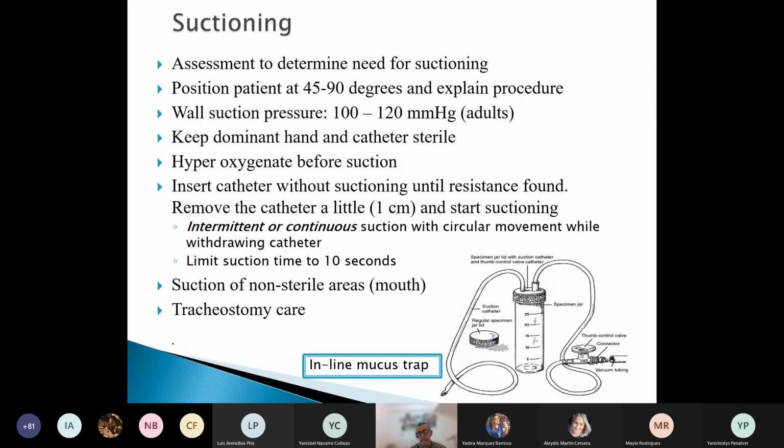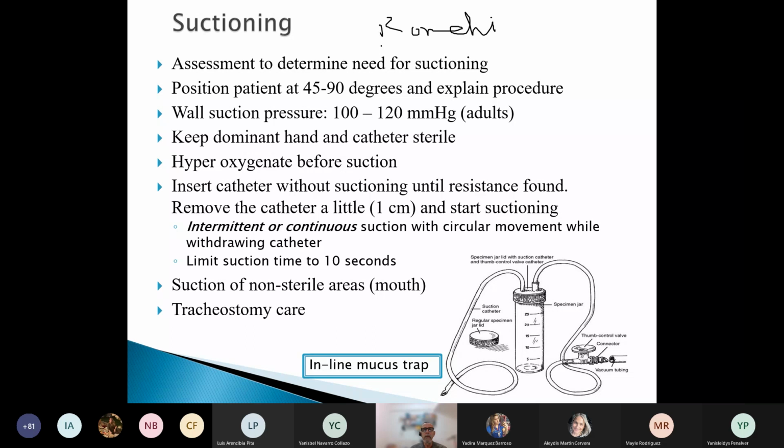Suctioning is frequently tested, if you know the details. Remember that you need to determine if the patient needs suction. They can ask you to select or apply which of the following elements are indications for suctioning the patient. One is the presence of secretions. You know the patient has secretions in the airways because the patient has a sound called rhonchi. Rhonchi is this gargling sound, which is no more than the presence of secretions in the airway.